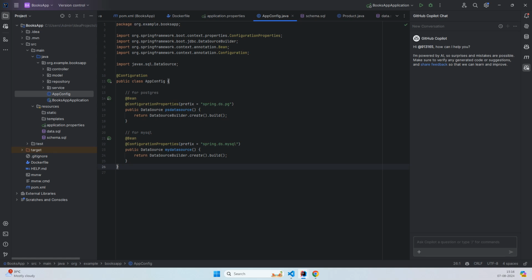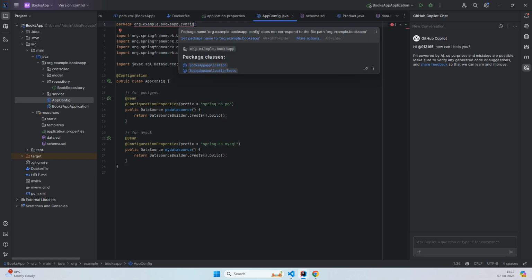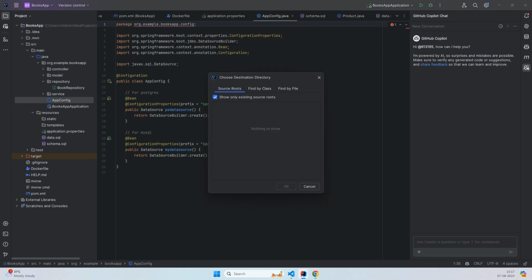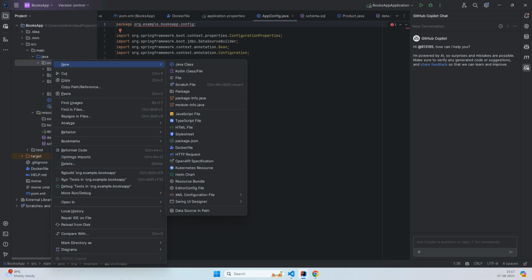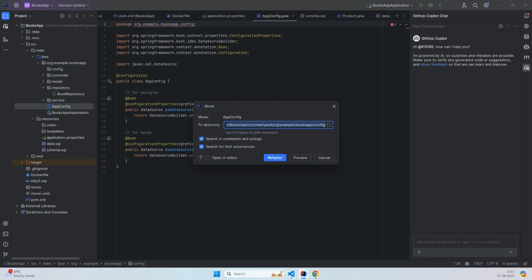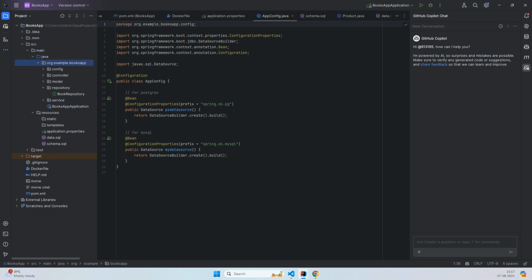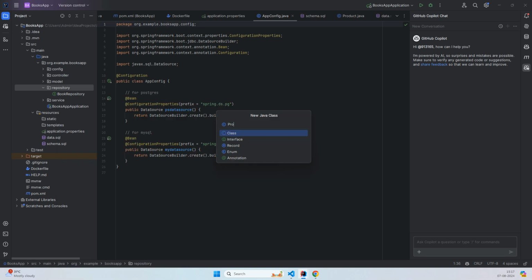Now we already have the model. Now we can have the repository. So previously we used the JPA repository. In this tutorial we will use the JdbcTemplate. Okay, and here in our case that is config. Let's create a config package, and we'll move this to AppConfig. Okay, now I'll create a class called ProductDAO,